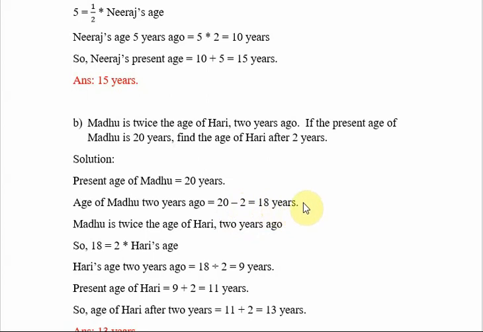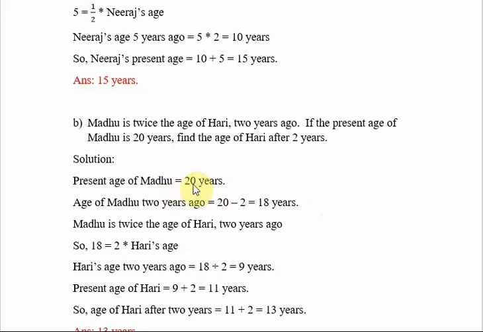For example, your age may be 9 years now, and you are studying in 3rd standard. 2 years before, in which class were you studying? You were studying in standard 1. And by that time, what was your age? Do you remember? Now your age is 9 years, so 2 years before, minus 2. So when you were studying in 1st standard, your age was 7 years. So what have we done? Minus 2. We have deducted 2 years.